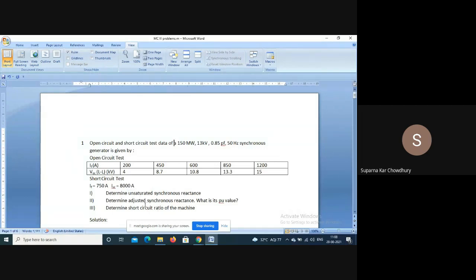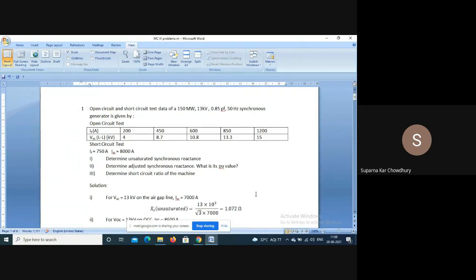Now, these have certain definitions. As the OCC is non-linear, the synchronous reactance value with different field current is also non-linear. In the synchronous reactance versus field current curve, initially, for the straight portion of the OCC, it is constant. Then, as the saturation sets in, the value decreases. So the value is varying, and there is no point of having a mean or average value. So we calculate for different conditions.